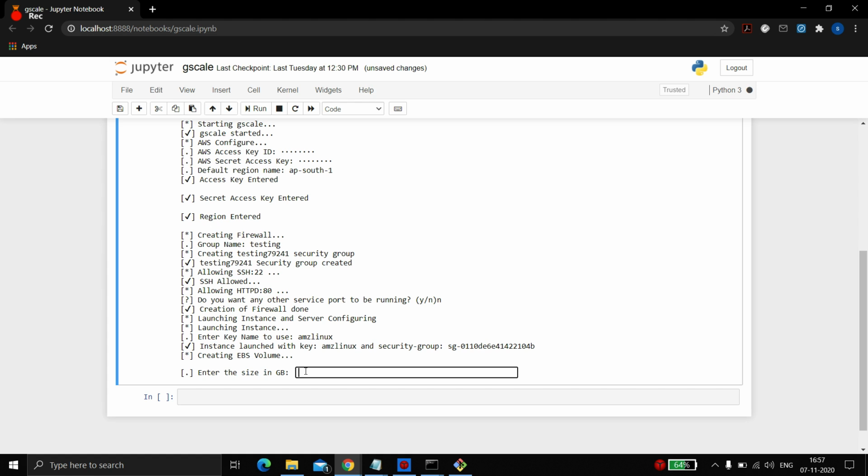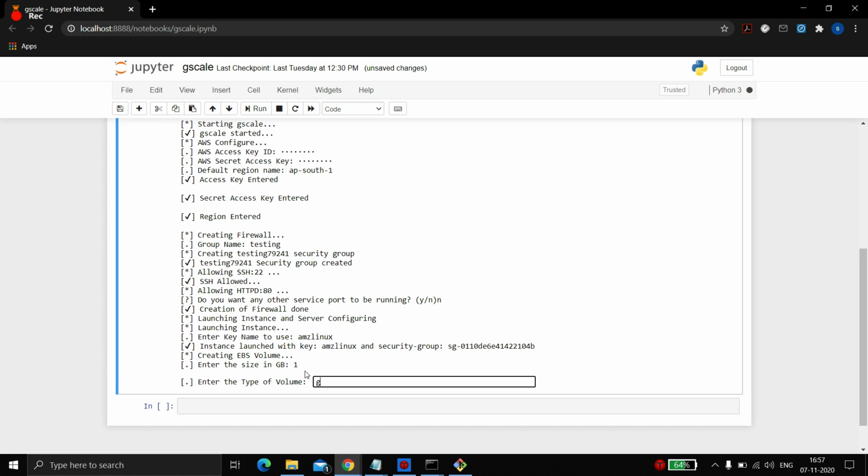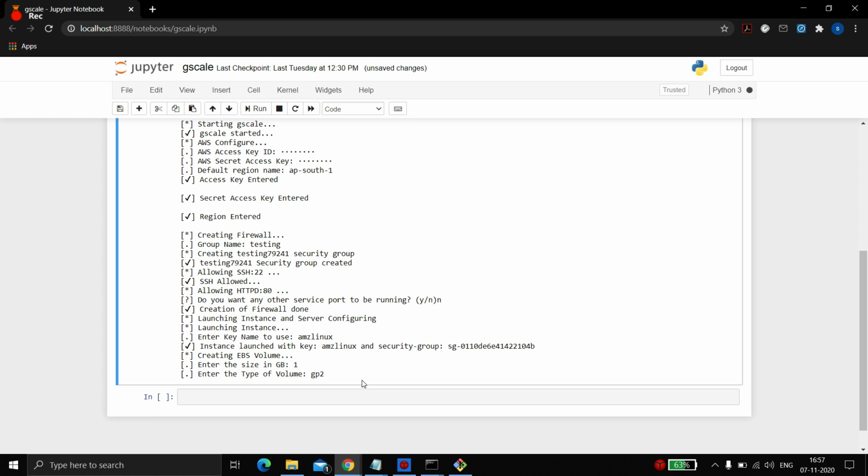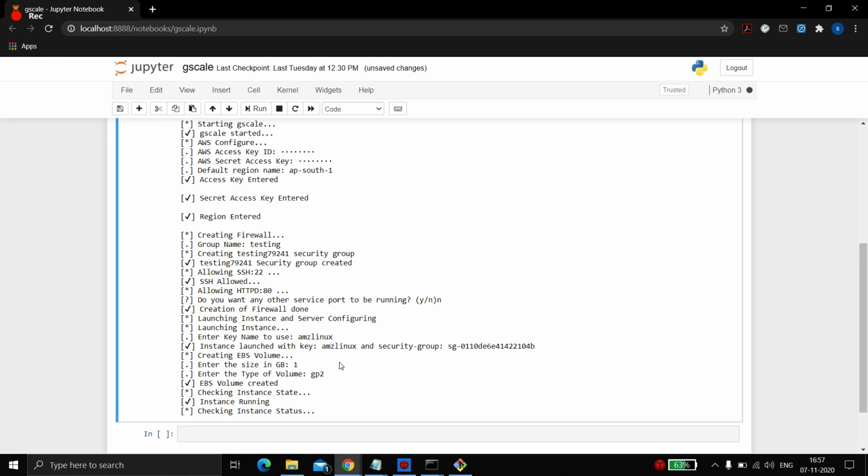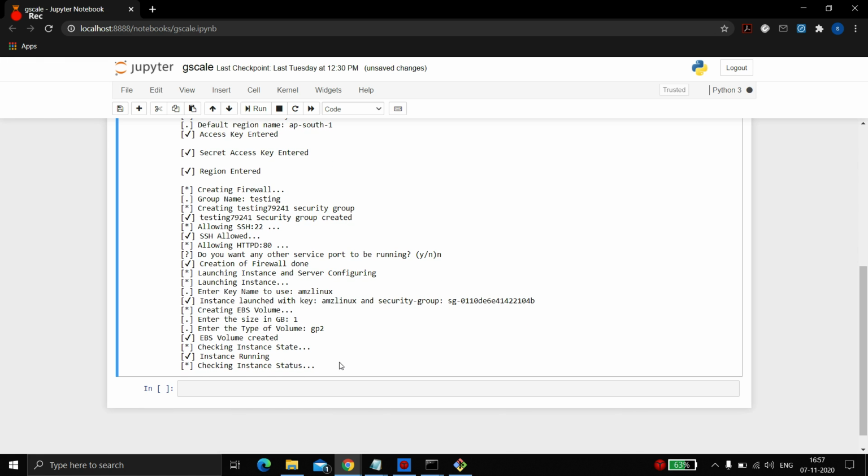Now what we'll be doing is creating one volume, the EBS volume, which we will attach to the document root of the Apache Web Server, because we need to make the content of that permanent, right? By default, if we run an instance and we terminate it, or it stops or whatsoever happens, the data would be lost, because it's ephemeral in nature. By creating an extra EBS volume and attaching it, we'll create a permanent storage for our website data or any kind of data we are looking for. So now what it would do is it would create it,